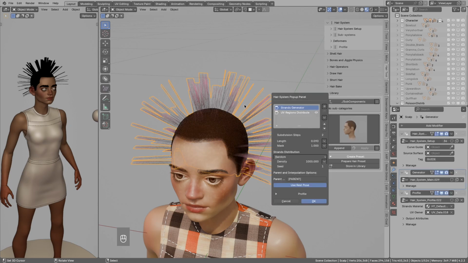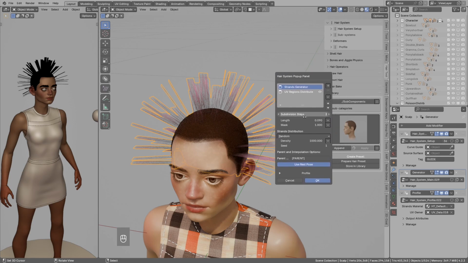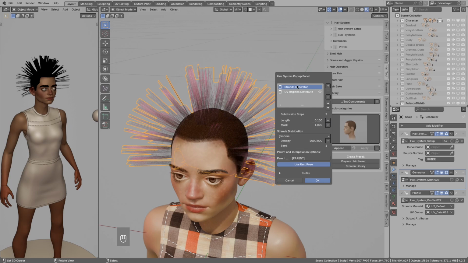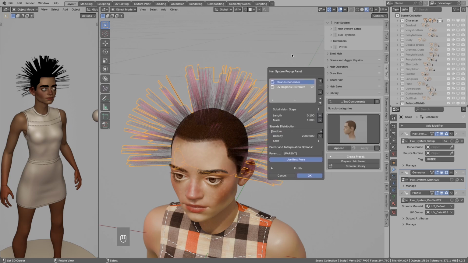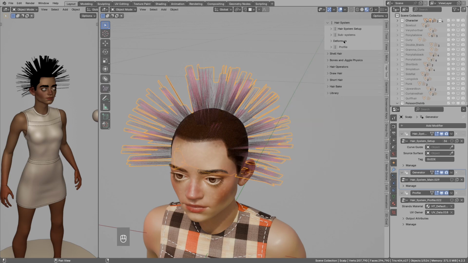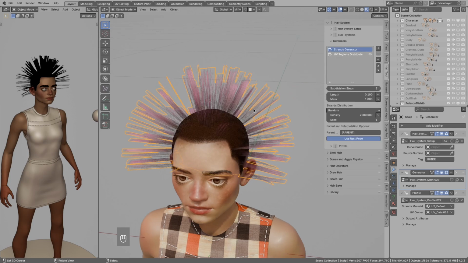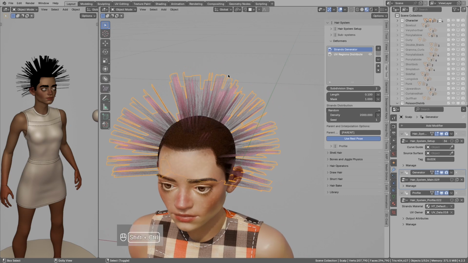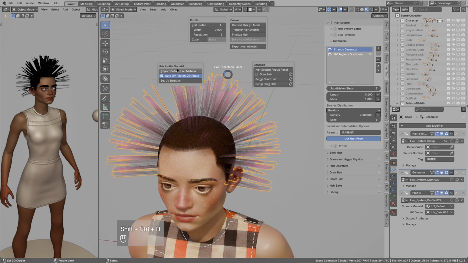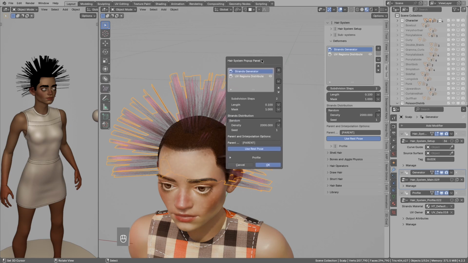And this will add hair cards with default UVs and default material. And you can adjust some settings in here, like maybe increase the length or change the density. Now the same properties you see in the pop-up can be accessed from the menu in here in the deformers. And also if you want to bring back the pop-up, Ctrl-Shift-H, and you see the options are now slightly different. Those are context sensitive, but you can bring the pop-up again in here.